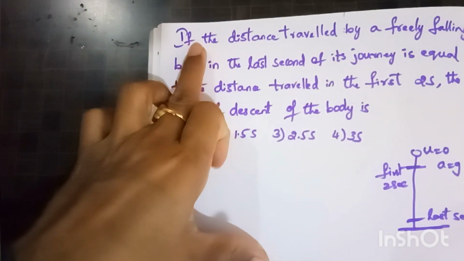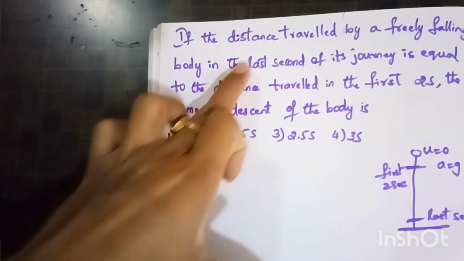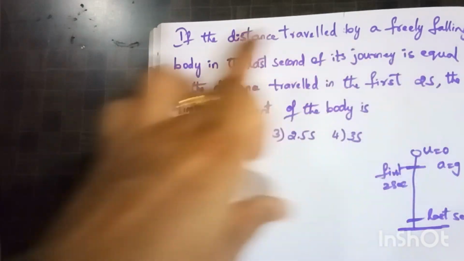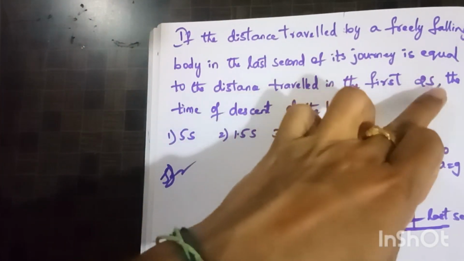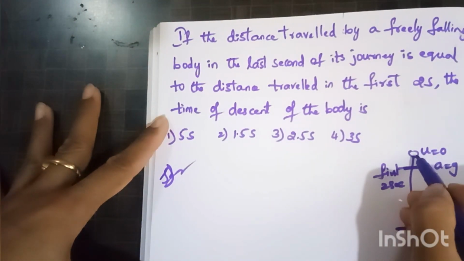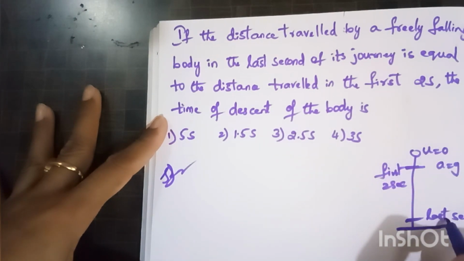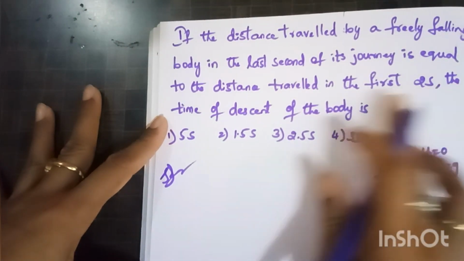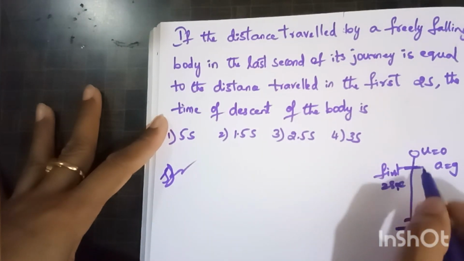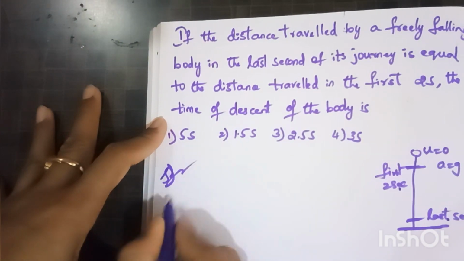The question says: if the distance traveled by a freely falling body in the last second of its journey is equal to the distance traveled in the first 2 seconds, the time of descent of the body is what? They have given that for a freely falling body, the distance traveled in the last second is equal to the distance traveled in the first 2 seconds. We need to find the time of descent. So